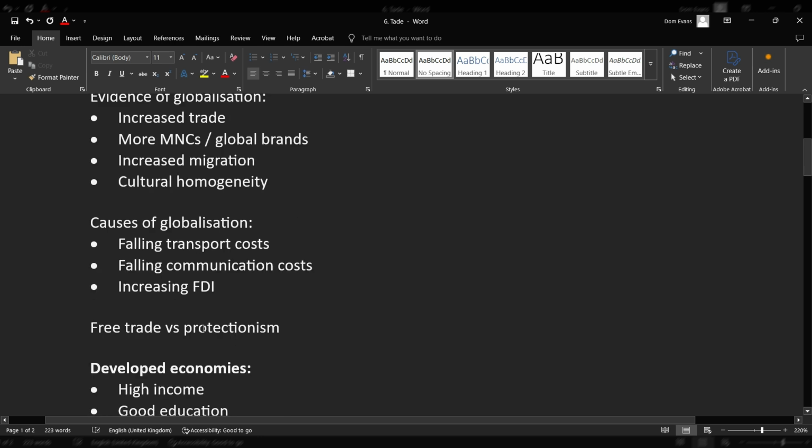Okay, there's a big debate going on at the moment. I'm recording this in May 2025. Since the end of the Second World War, the big push has been to create freer trade that's free from tariffs and quotas. And the benefits of that are thought to be sort of increased specialization, where countries and businesses can specialize in those products that they're really good at, and we trade with other countries and the businesses in other countries to import those products that we like.